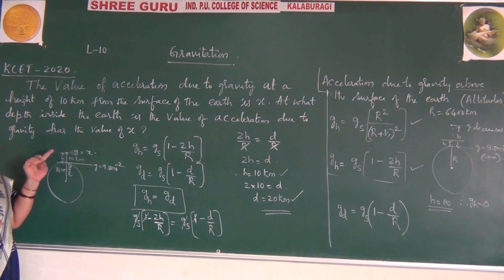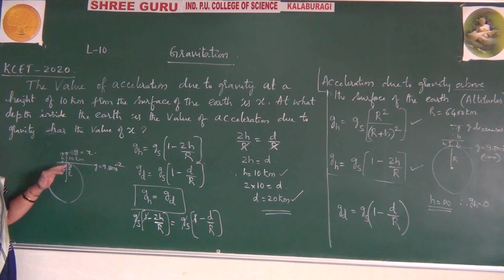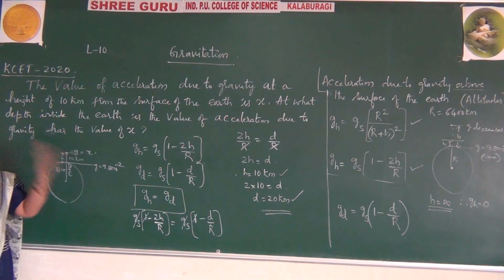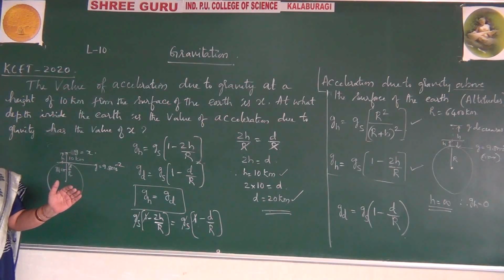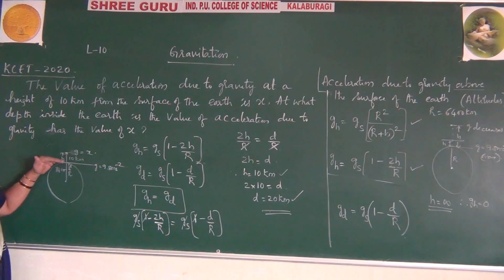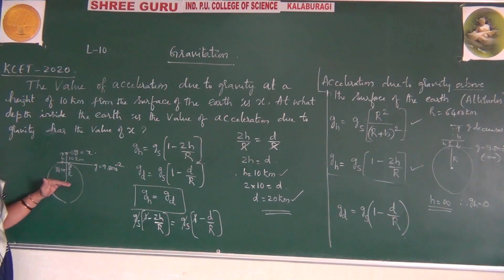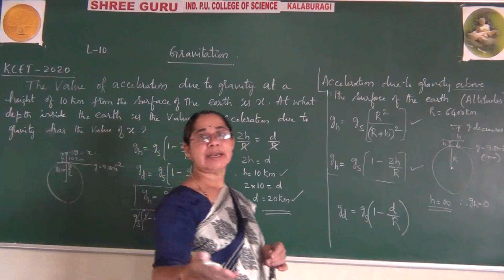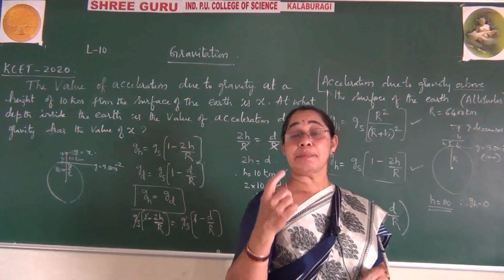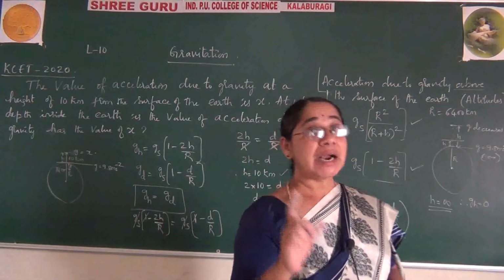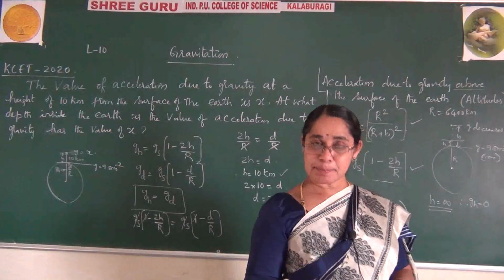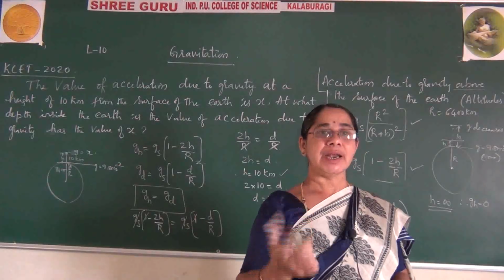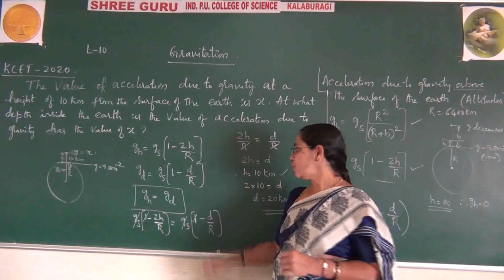But as it goes to depth, it will be decreasing, but not so much as compared to this. So by 10 km of height itself, g decreases by the same amount that it takes 20 km of depth to reach. So hope you have understood. Please be aware, at higher altitudes g decreases steeply as compared to depth. Hope you have understood this answer.